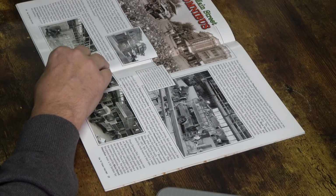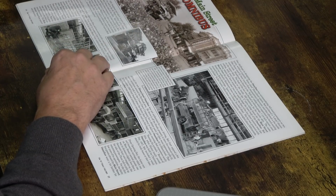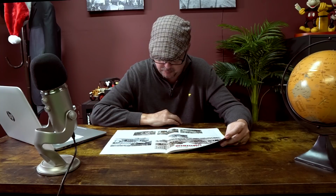Okay, so Disneyland's Omnibus. I wish the E-ticket was still a thing. I really do, because these guys really pushed a lot of my buttons. They talk about things that are really close to my heart. They don't just talk about the rides and the excitement, which is always my thing. I love the Omnibus, and just seeing these images really